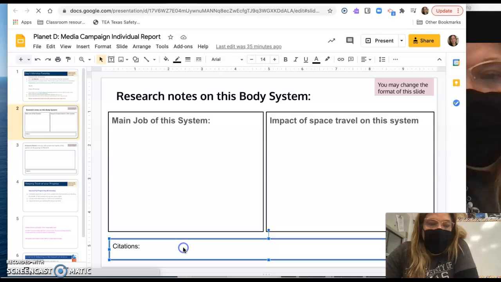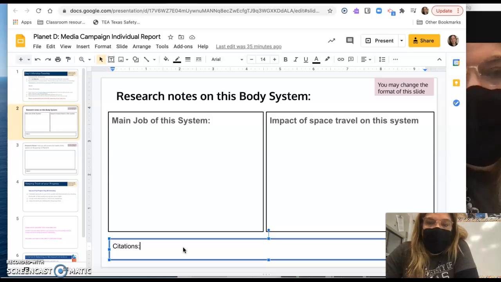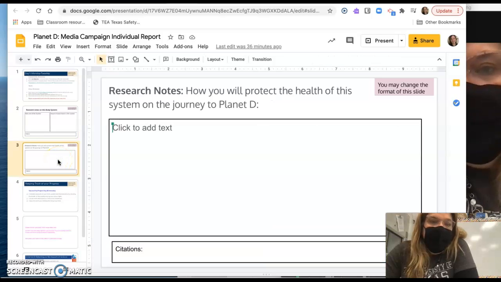Here's where you put your citation. If you're using the article that I gave you, I already put that into EasyBib and it's in the right format for you. If not, just plug it into EasyBib and paste it here. And this is how you will protect the health of this body system on its journey.